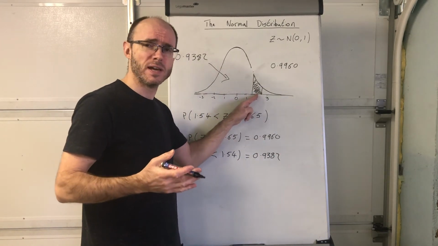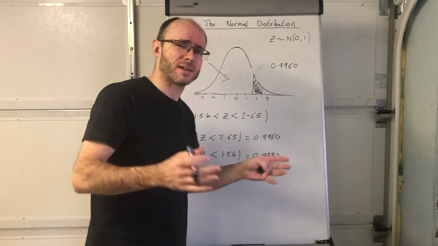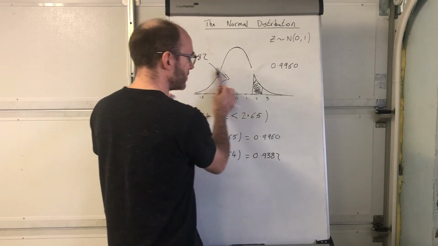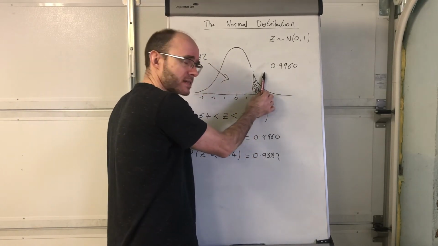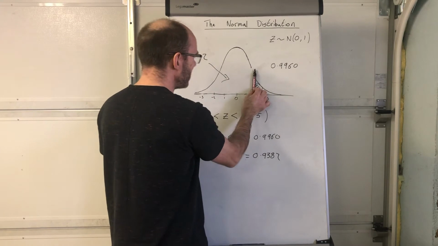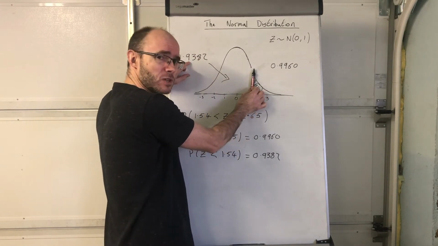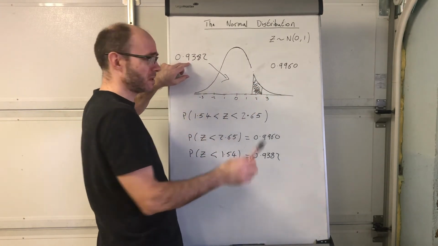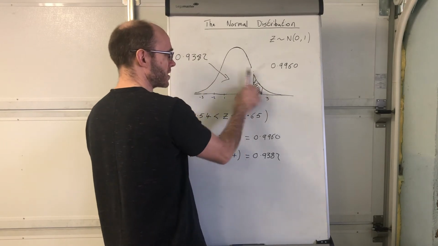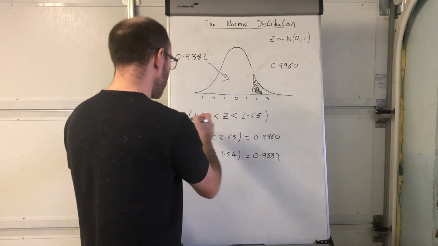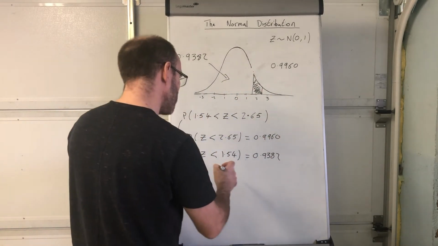And what we want to do is just get the probability of this region there, the area of that shaded region, okay? How do we do it? It's quite easy, okay? We know up to there it is 0.9960. Up to there it is 0.9382. Therefore, you find the difference. You do all of that, subtract all of that, okay? So the answer to our question is going to be